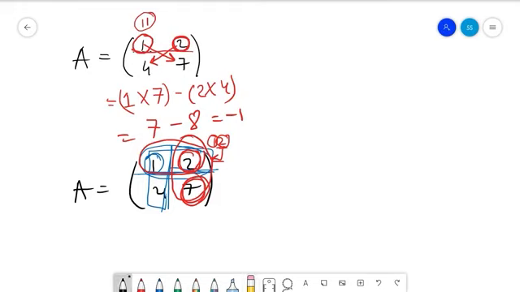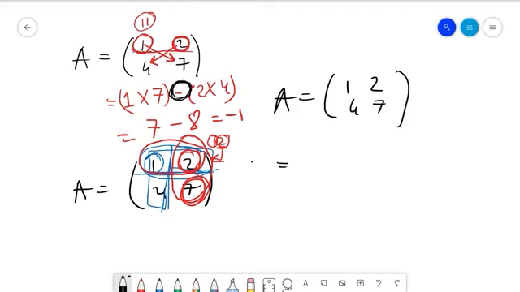So again, let me write my matrix again. A is 1 2 4 7. So the first step is to forget about the rows and columns. But you might ask, where is this minus sign coming from? That is this one. So there is a general rule called the minus 1. The general rule is like this. You have (-1)^(R+C). So this row that is